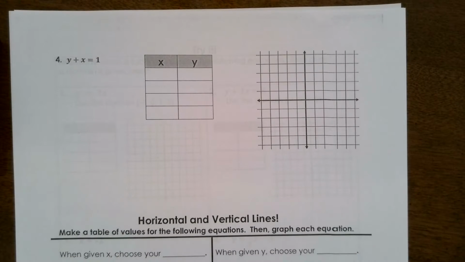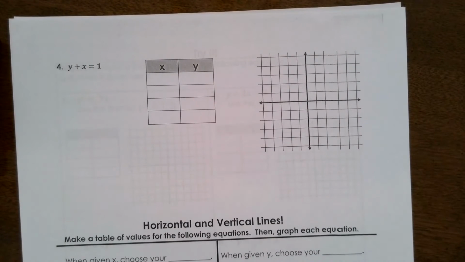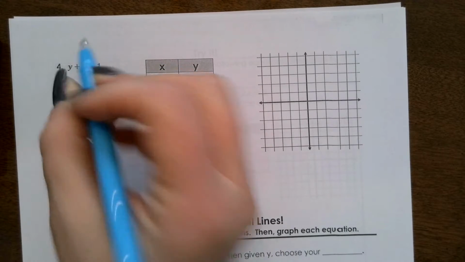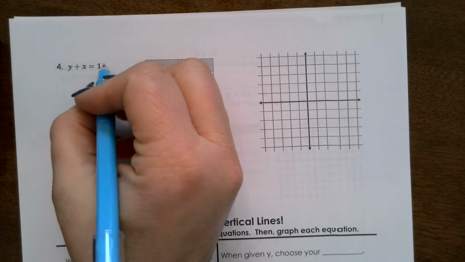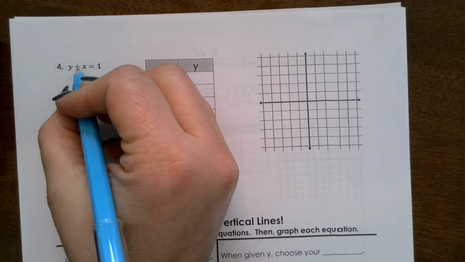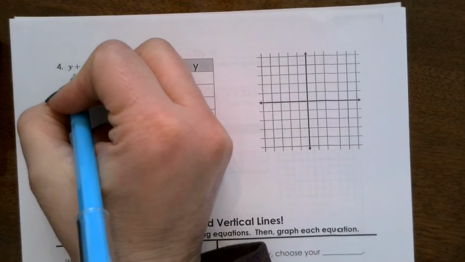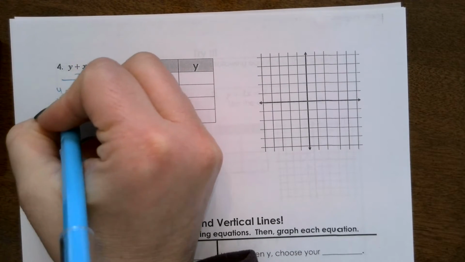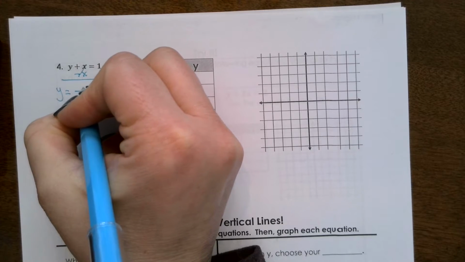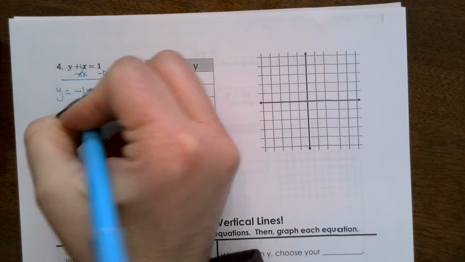Of course, step 1 is to ask yourself, is my equation written in function format or is y by itself? In this case, y is not by itself. It has an x added to it. So I'm going to use my opposite operation to get this x to the opposite side. If I have plus essentially 1x, I am now going to minus 1x from each side to get that y by itself. And now I have minus, I'm going to just put a 1 in front of these, minus 1x